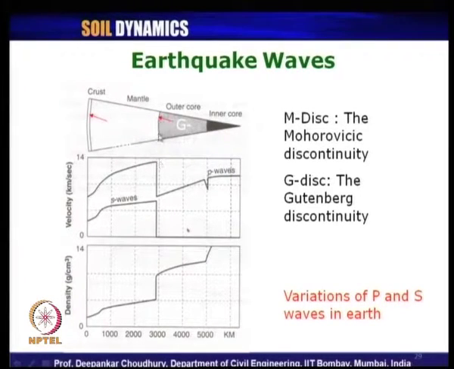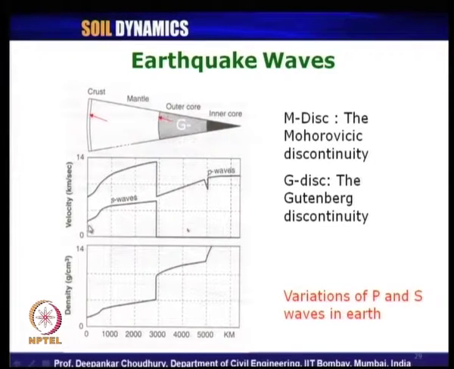When it comes to this boundary, the Gutenberg discontinuity, it drops, because now it is a liquid or molten fluid state. So, the velocity will obviously be much lower than in the solid state. It drastically comes down. Then with increasing depth towards the earth's center, it keeps on increasing. Again at this boundary or interface there is a jump, and then it continues in the inner core. That is the distribution of P wave velocity across the earth's interior.